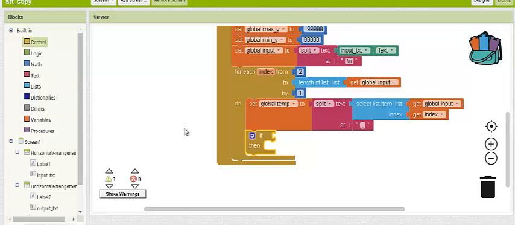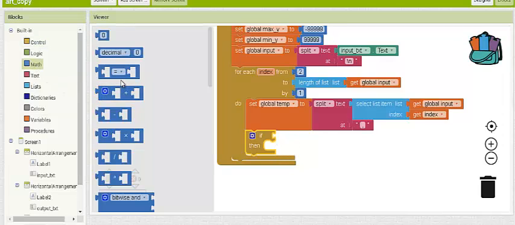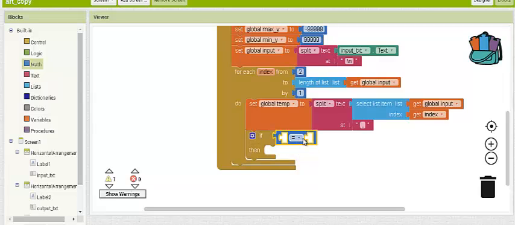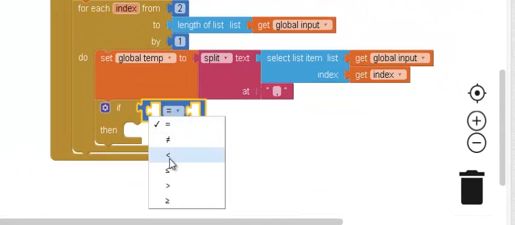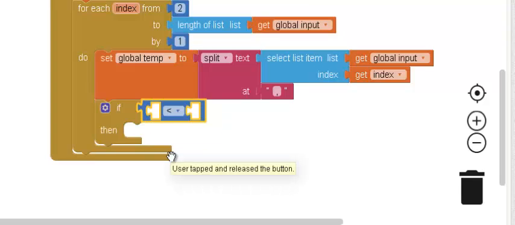So now I have to do the comparison. I'm going to get one of these. The first one I'm going to check, I want to find the minimum value, so I use less. And now I have to check